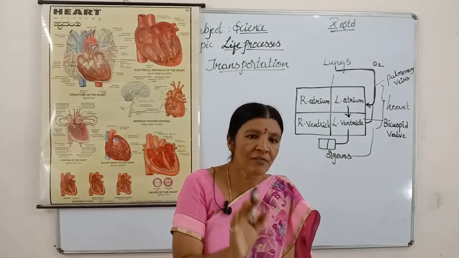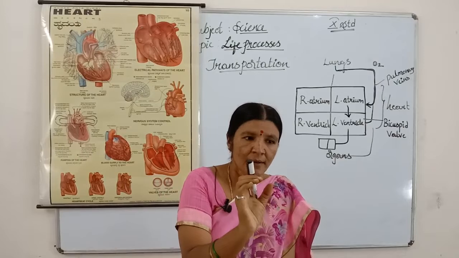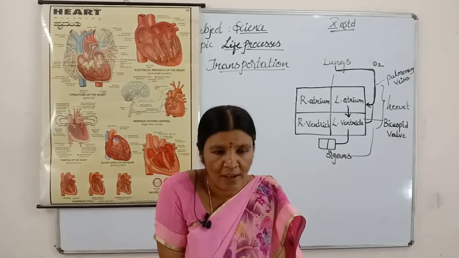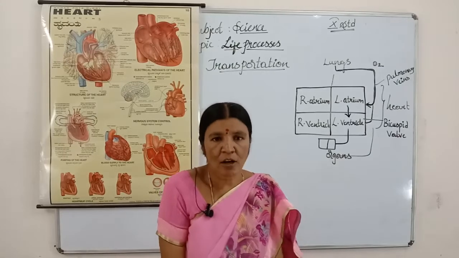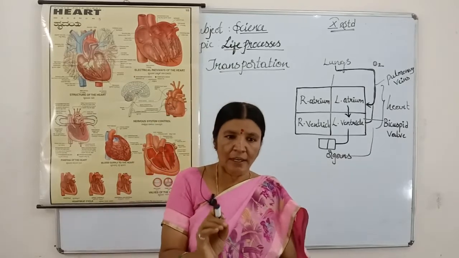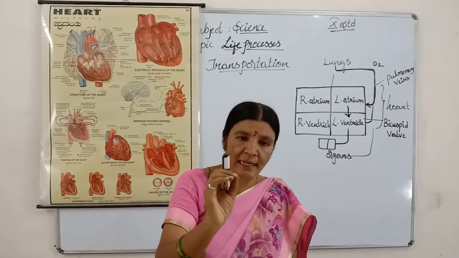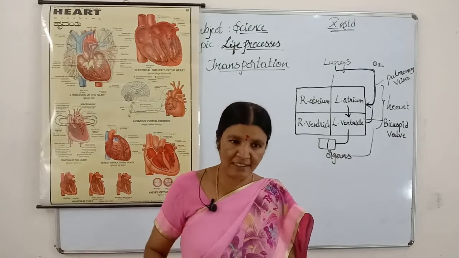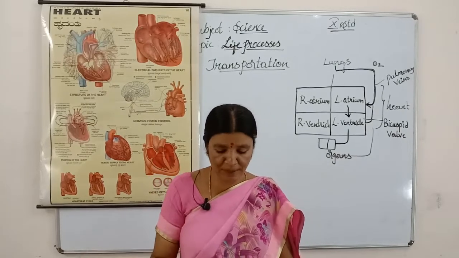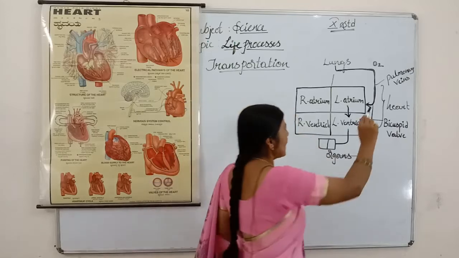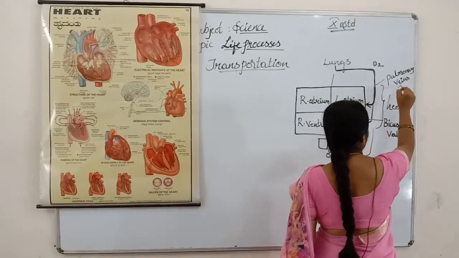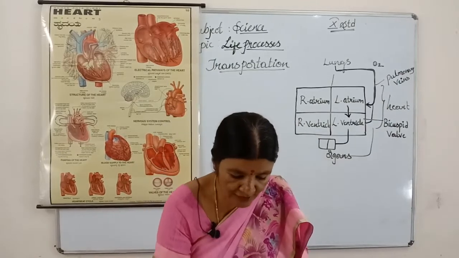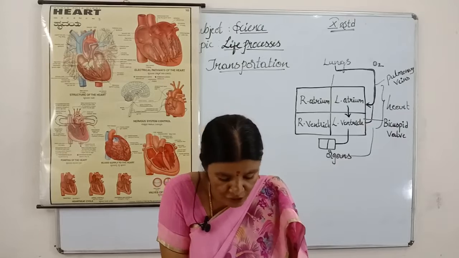Children, I already told you about veins and arteries. Arteries are the ones which carry pure blood, means oxygen rich blood, I told you. And veins are the blood vessels which carry impure, that is deoxygenated blood, that means carbon dioxide mixed blood, isn't it? I explained that in the earlier class. But here pulmonary vein is the only vein that carries oxygen rich blood. Okay, children? It is very, very important.